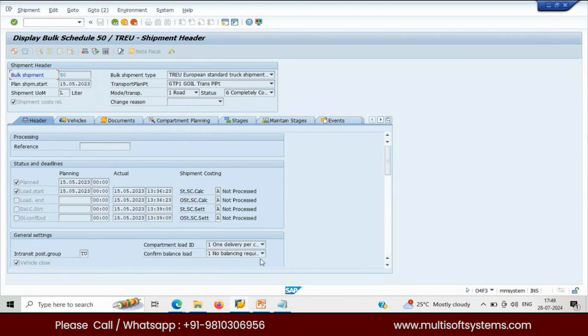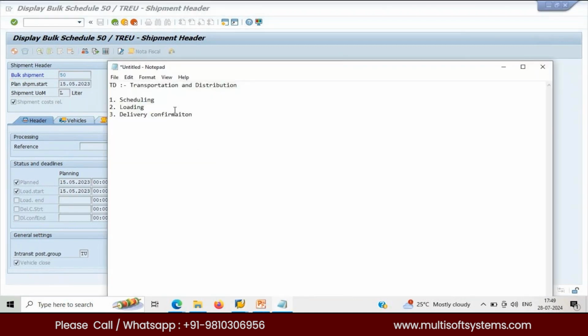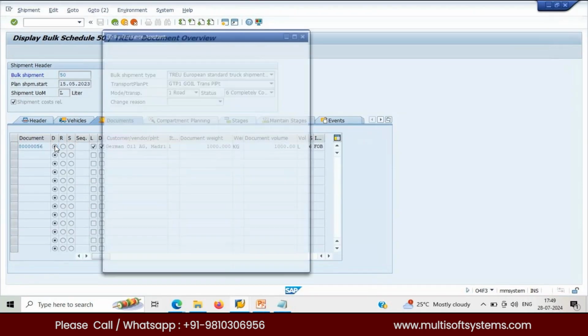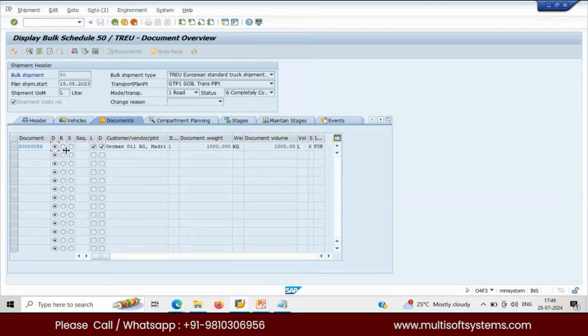Basically, as I mentioned, transportation and distribution are processed in three phases: scheduling, loading, and delivery confirmation. What is scheduling? Scheduling is the delivery of a product from a delivering plant to a customer, or the transfer of product between two company-owned locations, or the receipt of a purchased product from a vendor. If you see here, DRS: D means delivery, R means